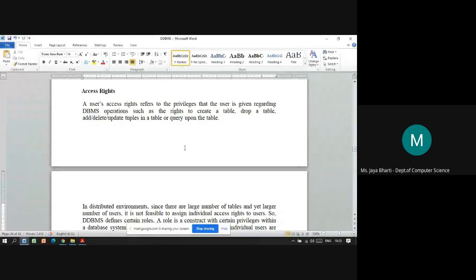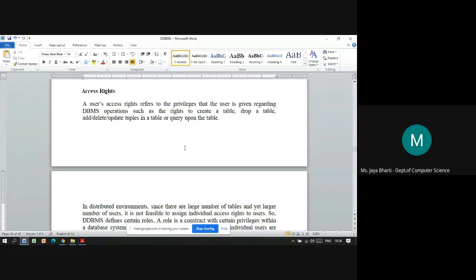Then access rights. Users' access rights refer to the privileges that the user is given regarding database management system operations, such as whether that user can modify the database, or modify a table, and up to what level. For example, whether he can create a table, or drop a table, or make changes to that particular table.